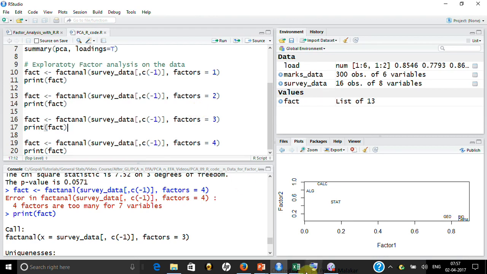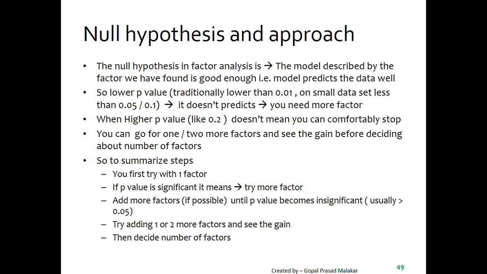Now let's try another data set on which we can find the factors, and then we will try to give the latent variables a name, and we will understand every part. So this was part 1, where I explained that factor analysis is not possible every time, but now I'll go to another data set where it will be possible, and I'll explain the different portions of the output of R again.